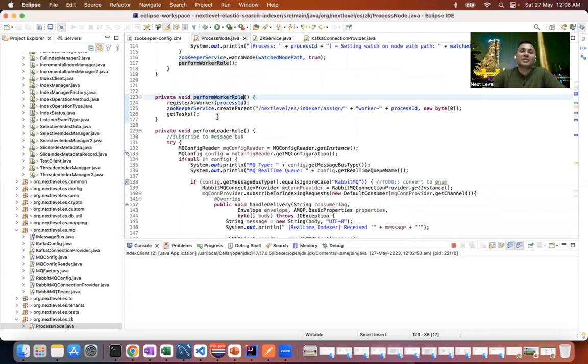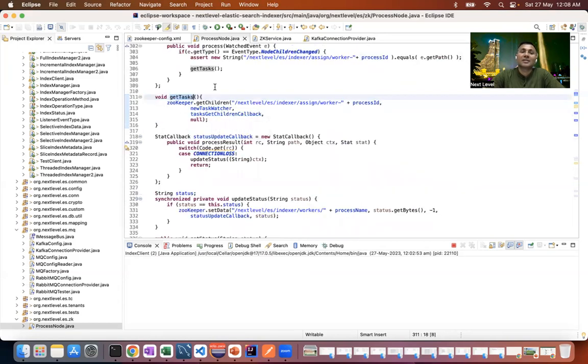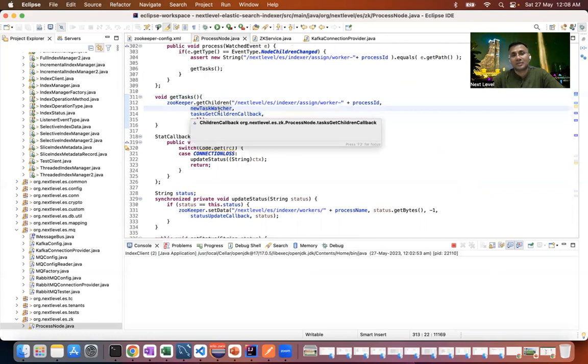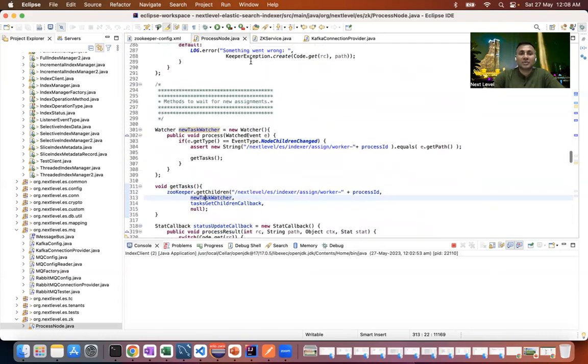The perform worker role: every worker will be performing the worker's role. Register as a worker, so we create a node, create parent, and then get task. This is what I'm interested in, get task. Let's see what get task is doing. It has a callback and it will also watch for new task. The new task watcher, if you see, is looking at